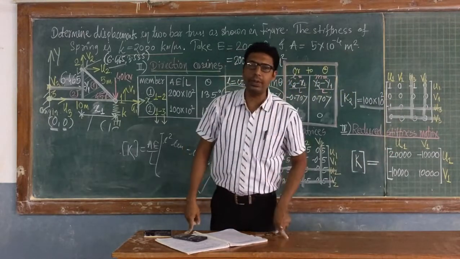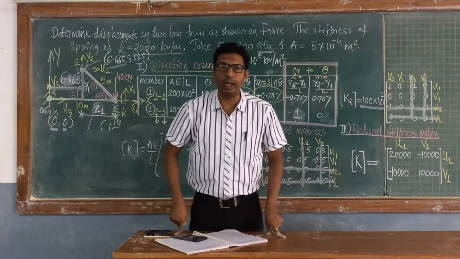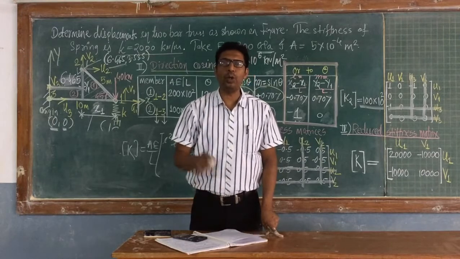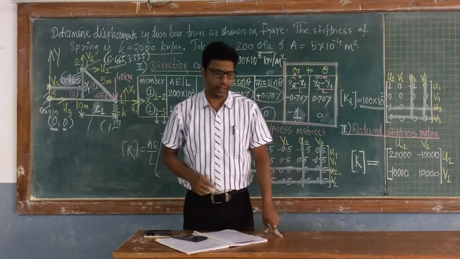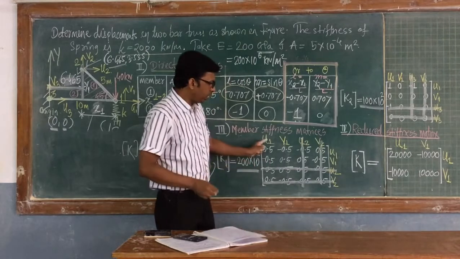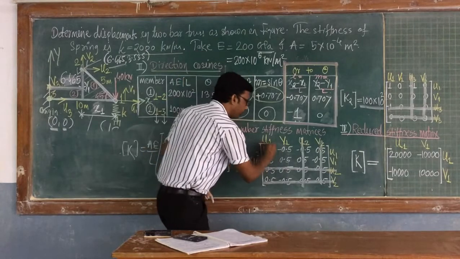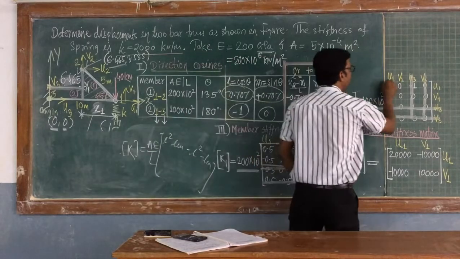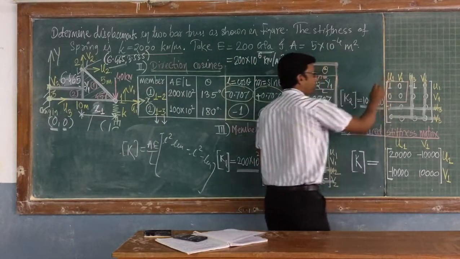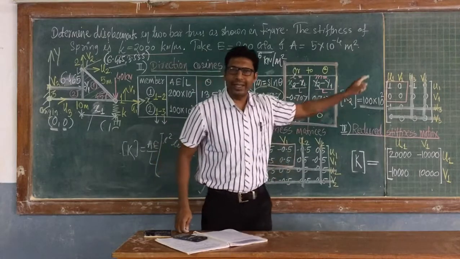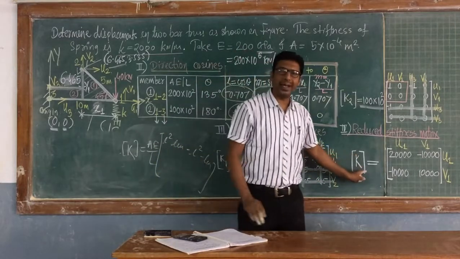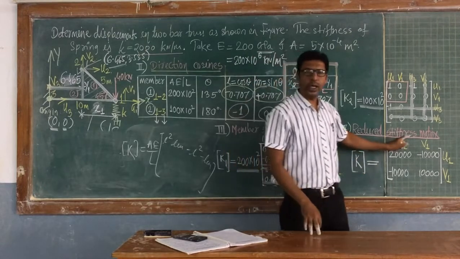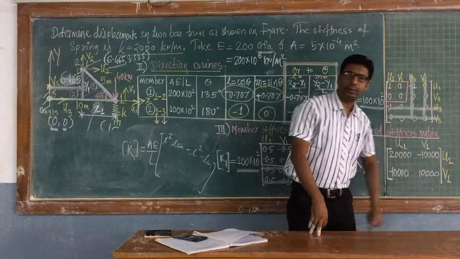Eliminate rows and columns corresponding to U3 V3 from K2. So the remaining stiffness matrix is corresponding to only U1 V1 in both the matrices. So this is U1 V1, 2 by 2, and this is U1 V1, 2 by 2. Now we have to add these two for the final reduced stiffness matrix. So K is equal to, corresponding to U1 V1, U1 V1.